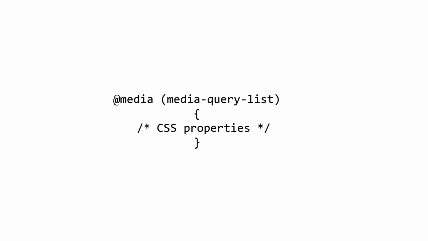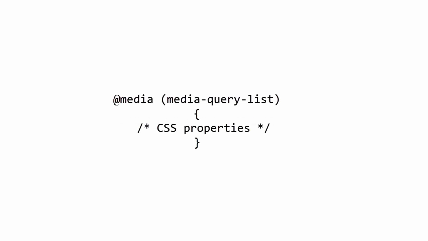The @media CSS rule consists of a set of nested CSS style statements which are enclosed inside curly braces with a condition defined by a media query list. A media query list consists of a media type and feature. The CSS properties mentioned inside the curly braces are applied when a media query is true.